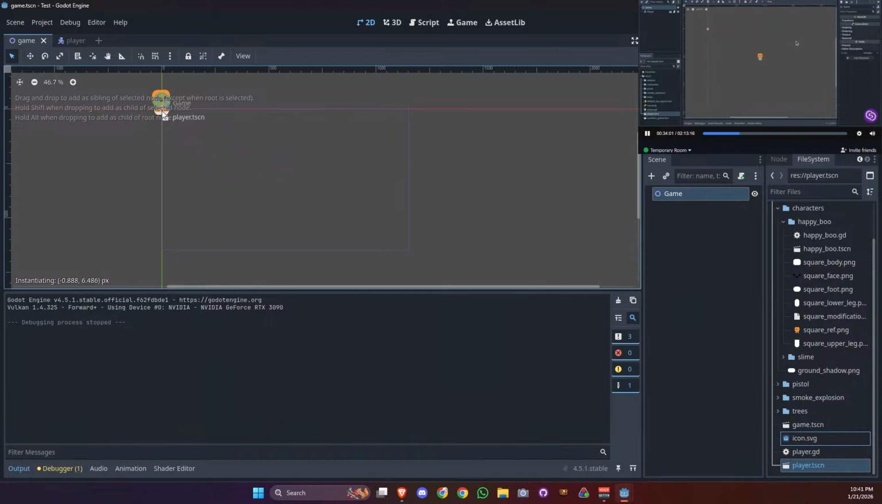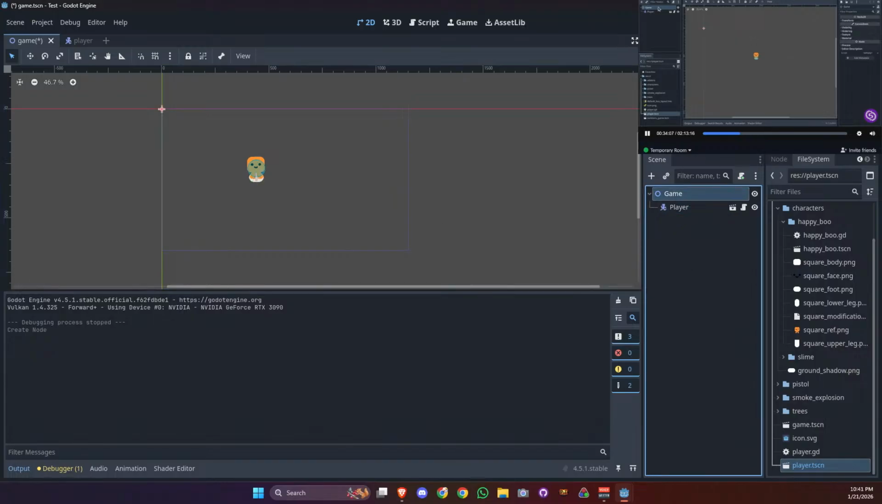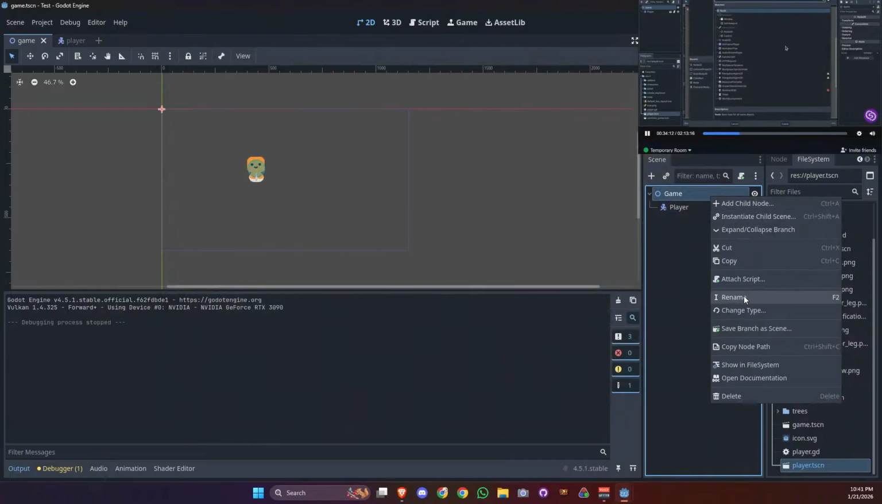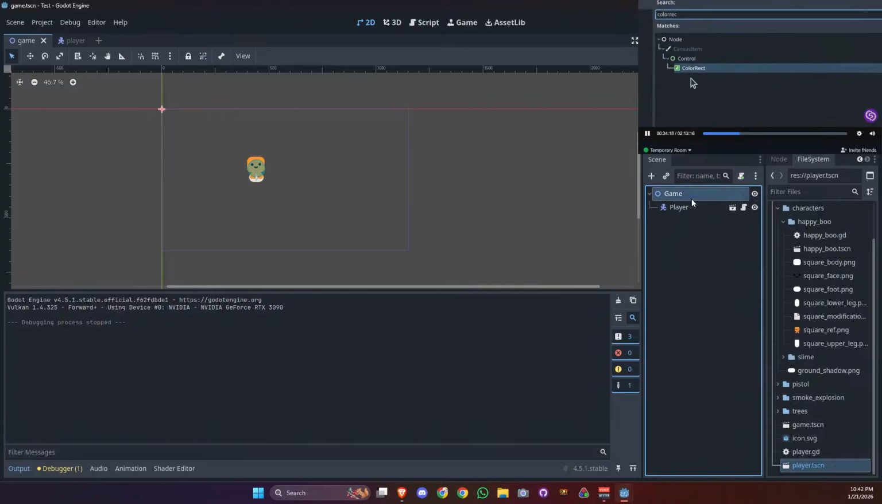The background is currently gray and very ugly. We want to change that, and to do so, we're going to add a new node. So with the game node selected, press Ctrl A or Command A to bring up the Add Node dialog, and start typing color rect. This is a